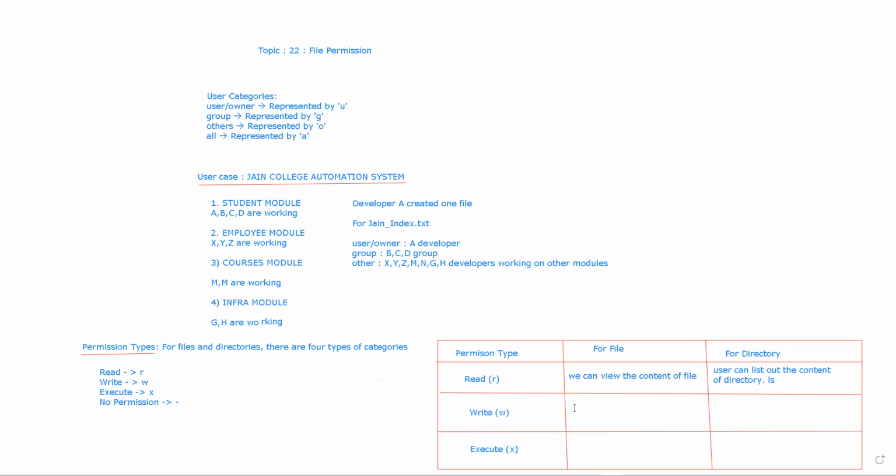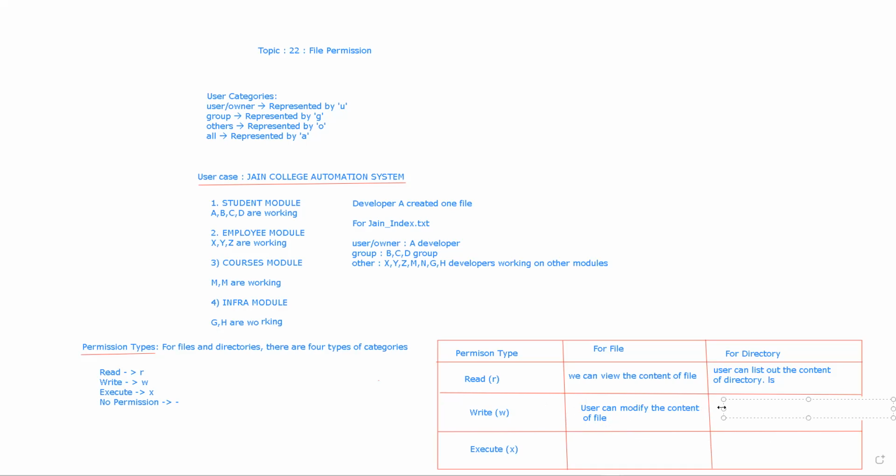Similarly, the write permission means what? The user can modify the content of a file, right? So when we say the user has a write permission, it means he can modify the content of the file.